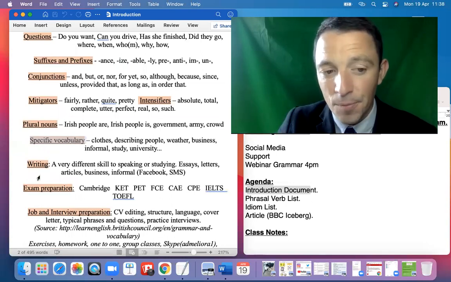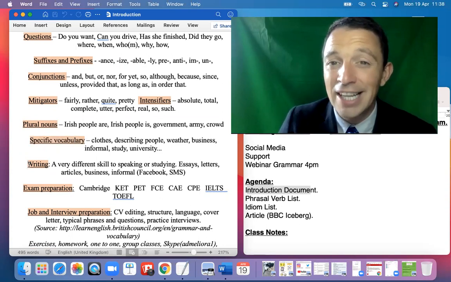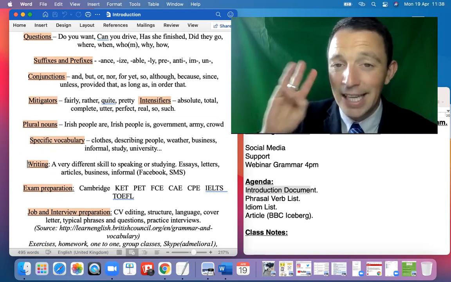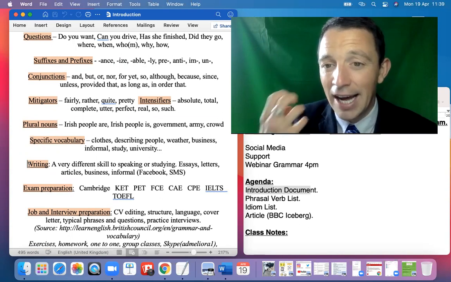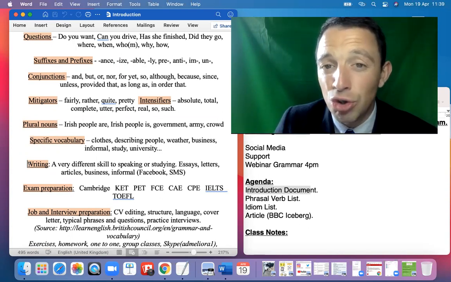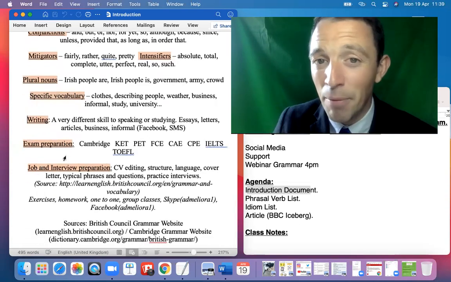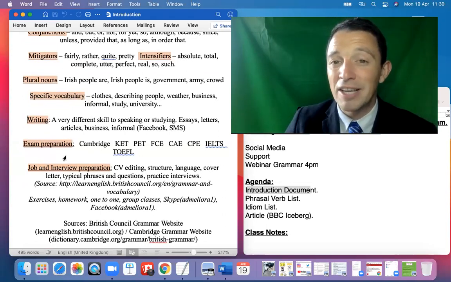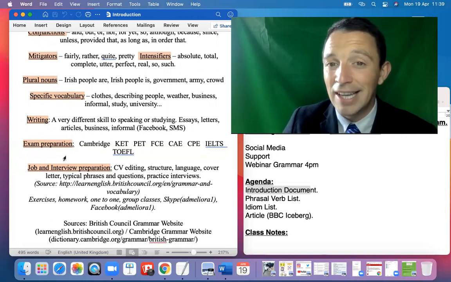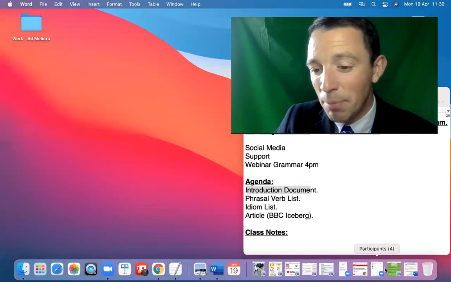Also, writing is a very, very important part of English. People need to write in English, and it's very different compared to speaking, listening, reading. So writing is a different talent, a different ability, and it should be practiced as well. Okay. And of course, exams are very popular as well for some people. Cambridge exams, the IELTS exams are very popular, and we have created specific webinars dedicated to these classes, as you probably know. Okay. So for me, that's the most important